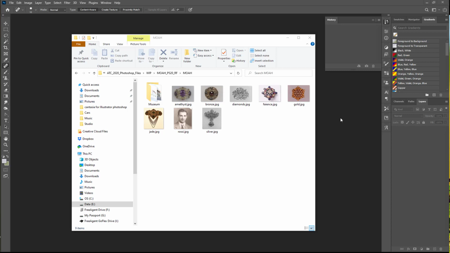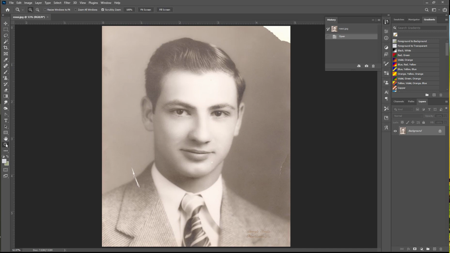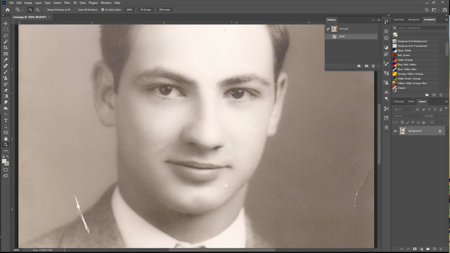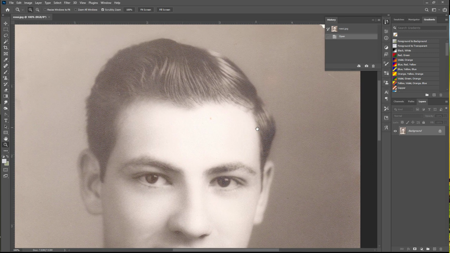So stage 1 is retouching a damaged item, and so this image is Rossi. We're going to start with this one, and if you'll zoom in to 100% on here, you can see that there are lots of areas here where you can actually see all of the texture from the original